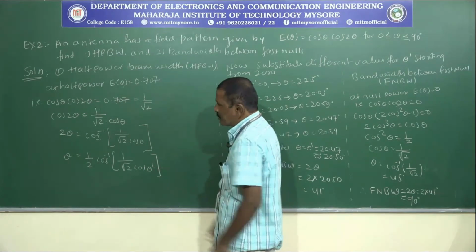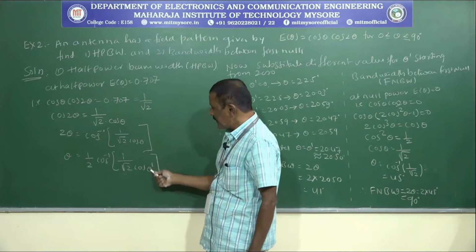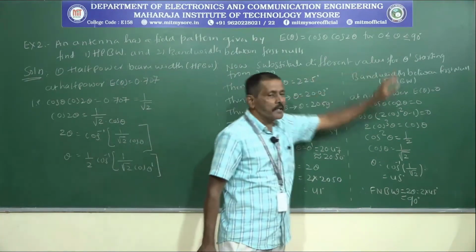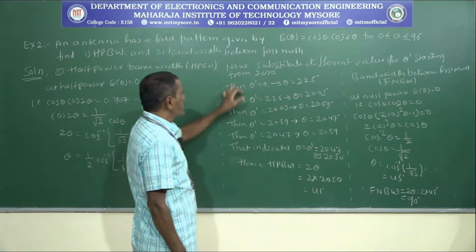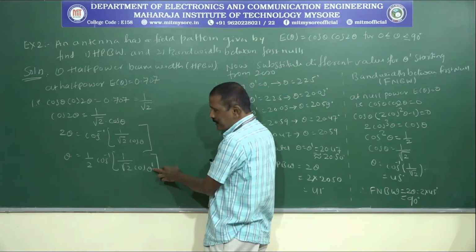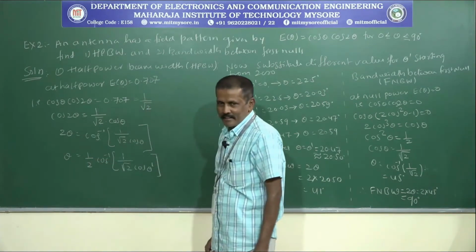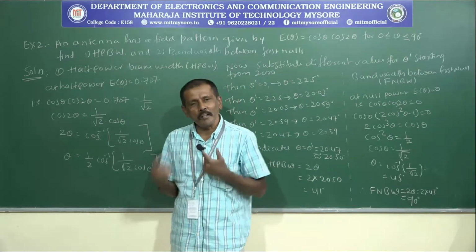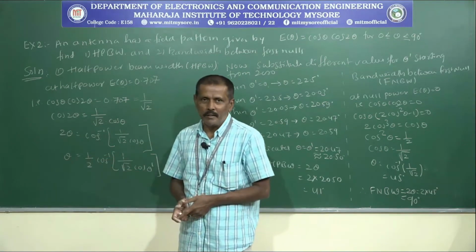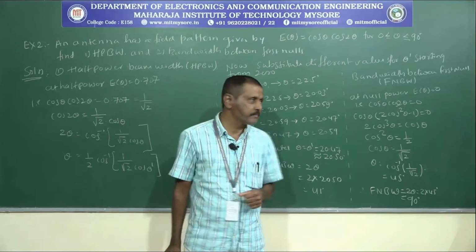cos of theta dash. In order to differentiate between this theta and this theta, we are taking this theta as theta dash. Now, substitute the different values of theta dash starting from 0 in this equation and try to get the values of theta. You go on continuing this process until the values of theta dash and theta become equal. At that particular point you have to stop. Whatever angle you are getting there, that you have to consider.